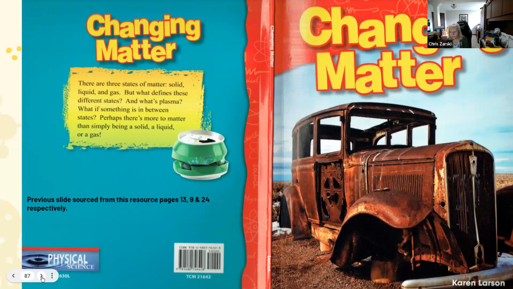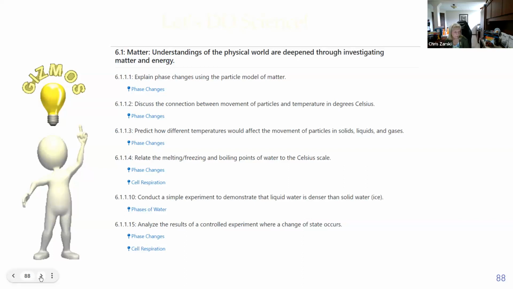So these two that I just showed you are actually two books that would be great to have on hand. This Changing Matter one has worked well for grades 3, 5, and 6 consistently. And it covers everything in it that you possibly need in yours. So it would be one to maybe consider having on hand.